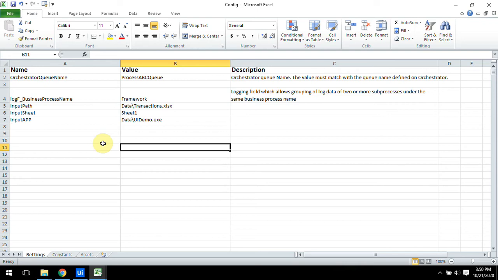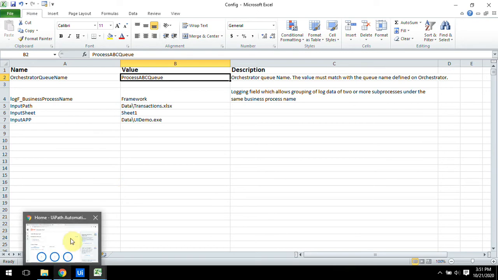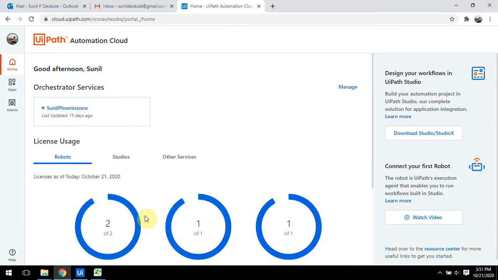One more thing, if you are using a queue, then you should give the Orchestrator queue name in the value field. Till now we have not created the queue. Let's go to Orchestrator and create the queue. What queue do you want to use?